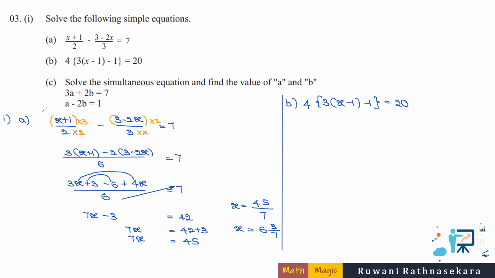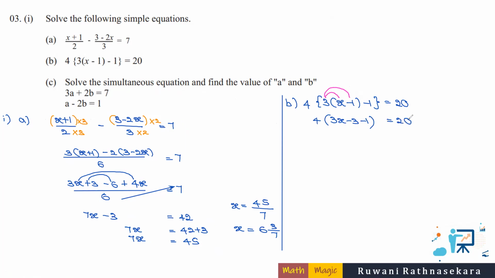They start from the innermost bracket. 3 times x, 3 times minus 1. Here you get 3x minus 3, minus 1 into 4